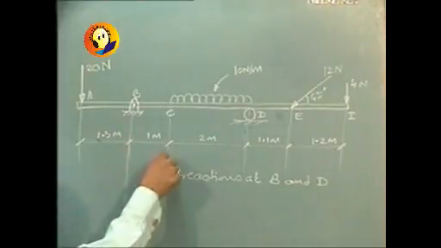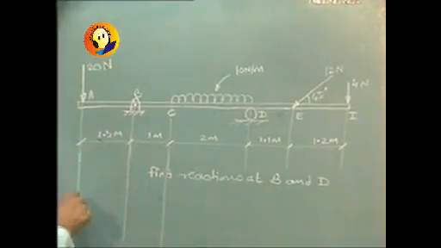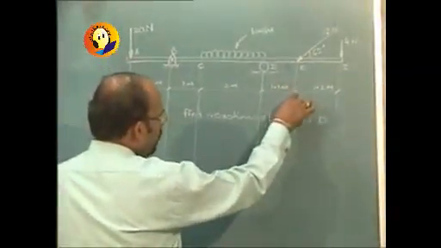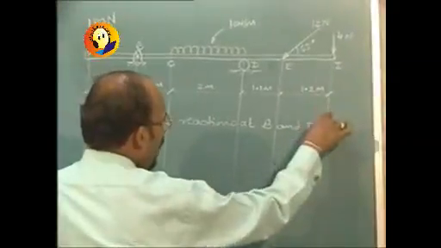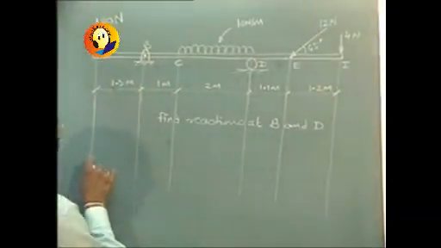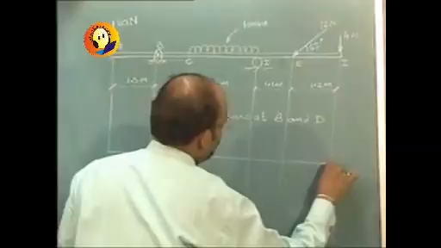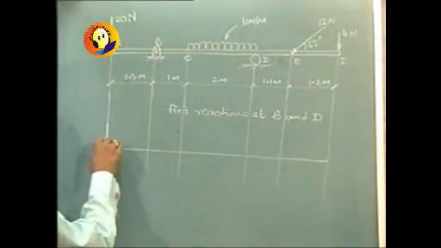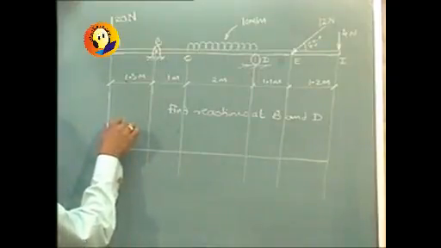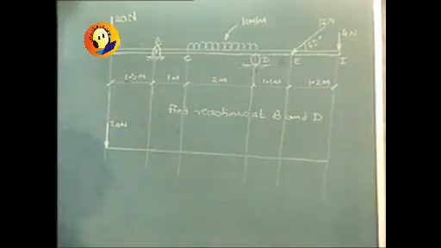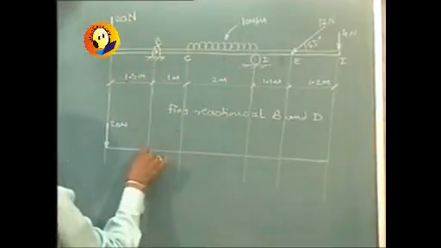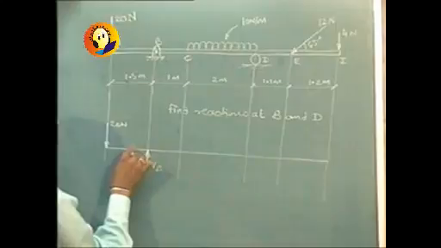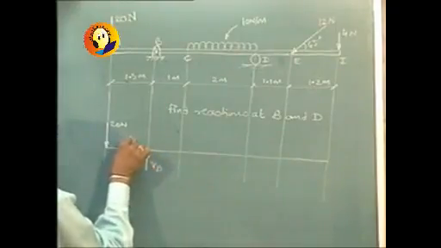First step over here is to replace the supports as well as the UDL type of load with a point load, and if there is any angular load, that should be converted to components by redrawing the figure. This 20 Newton force will still remain 20 Newtons acting downward. B, where there was a hinge, should be replaced by a vertical force VB and a horizontal force at point B, which is HB.